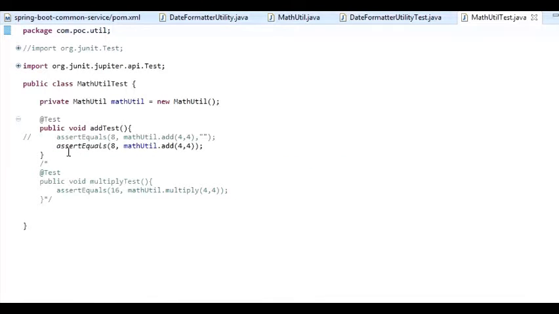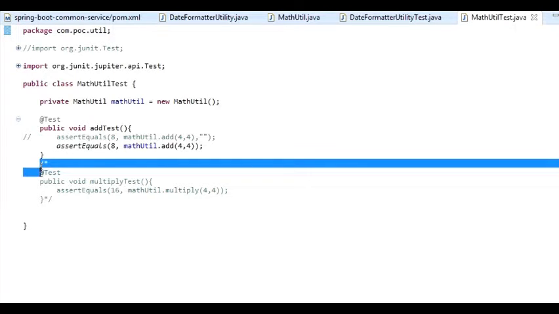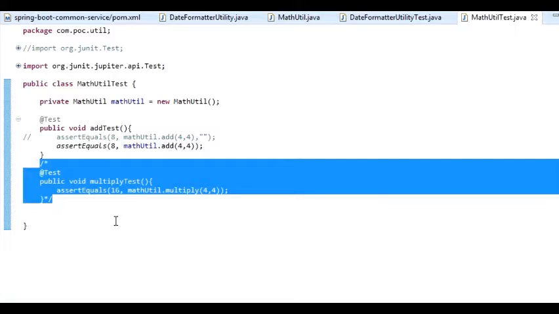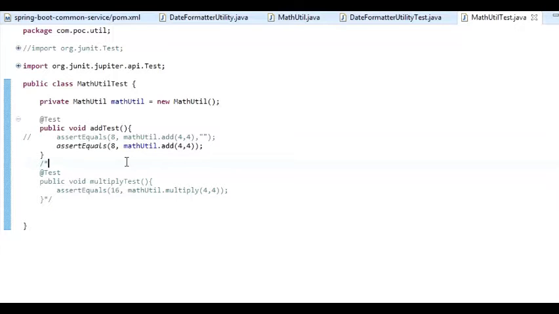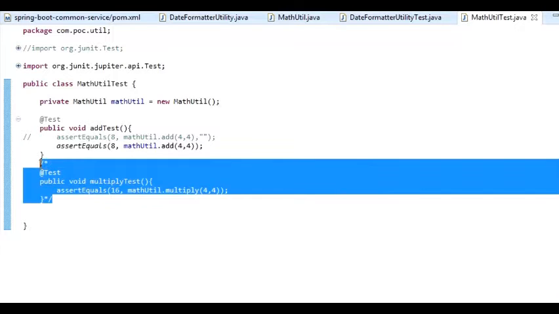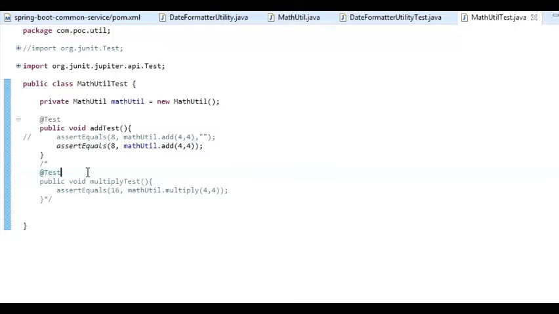To get an idea, if you haven't written any test case for a specific method, it will show less code coverage after generating the report. So I commented this method so that you can clearly observe it after generating the report.